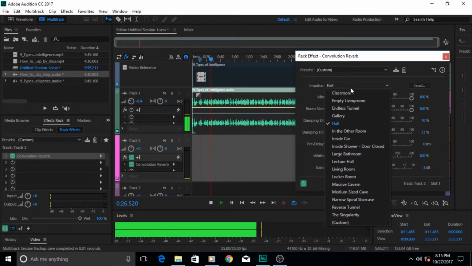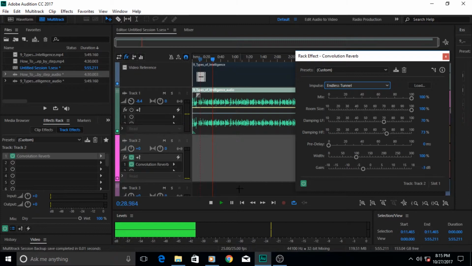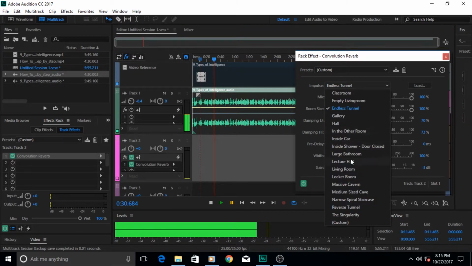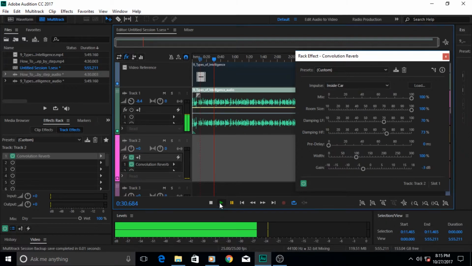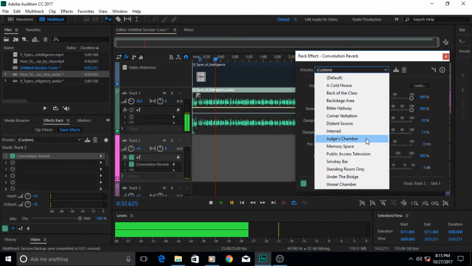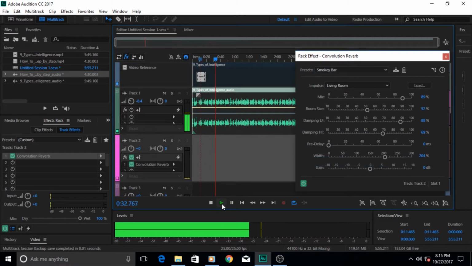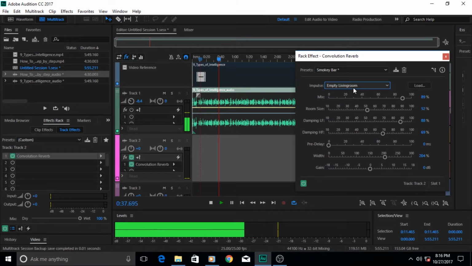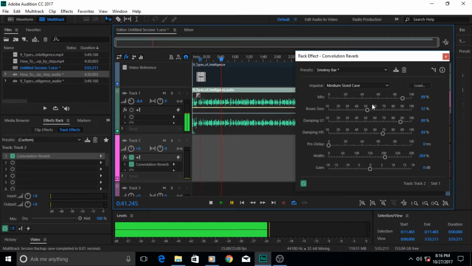That's all. That is the tunnel effect. And now let us put him inside the car. As you can see, now they have changed. Now you can also apply many more of these. Okay, let's say a smoky bar. Okay, you can of course set your own effects in here, depending on your need,